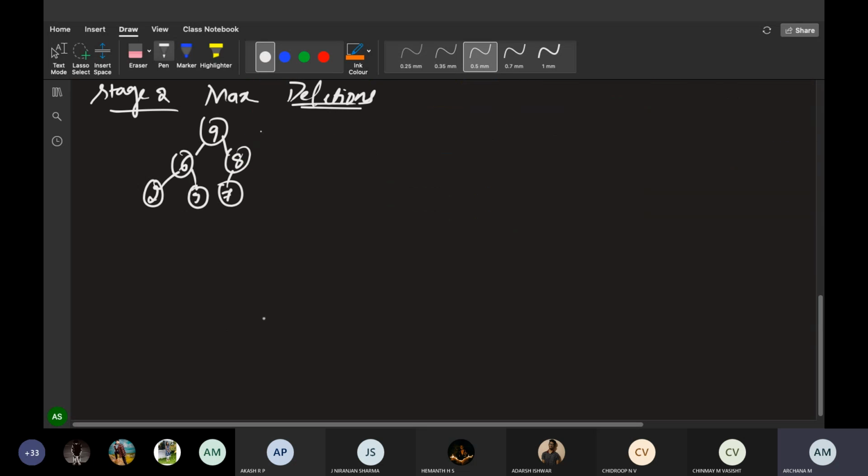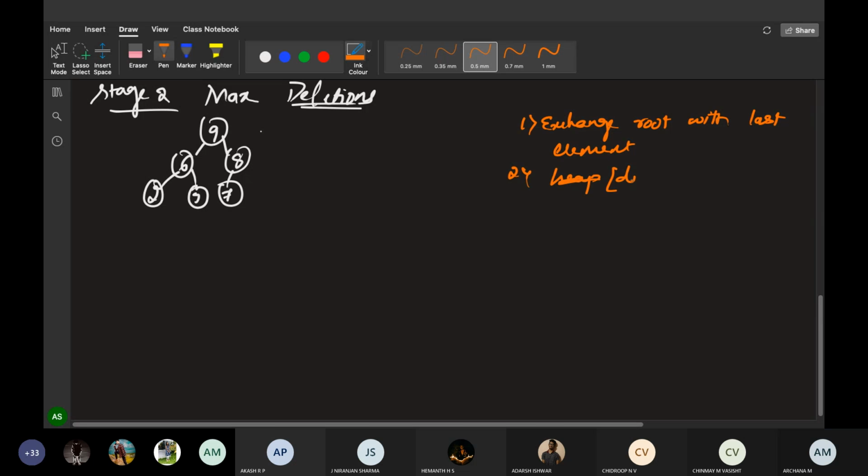do deletions. Now what I have to do? What is the first step in deletion? I'll just write the steps over here. You will remember. First step is what? Exchange root with last element and heap or decrease.